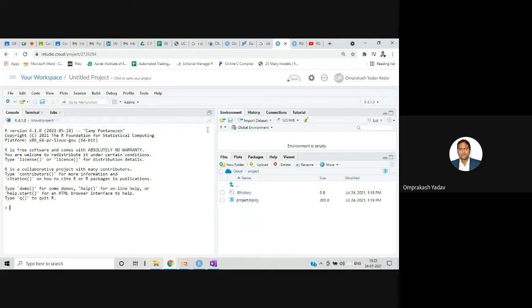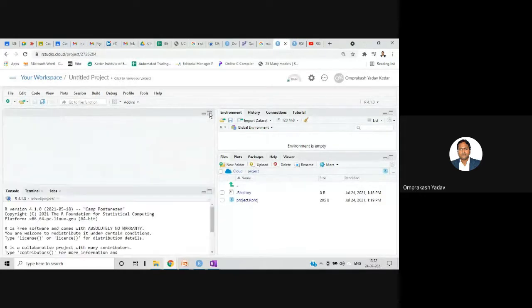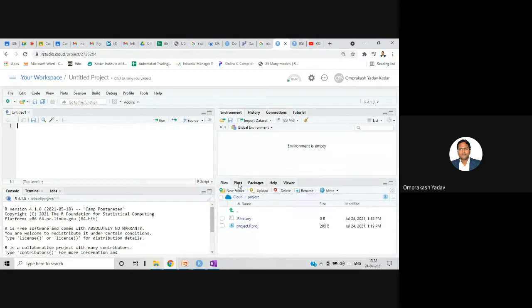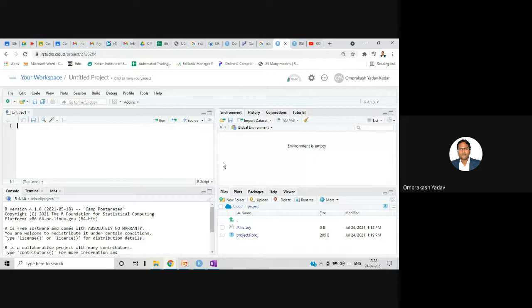So what you can do, in the corner over here, there is a window icon. You just click on that, just click once, so you will get one more window, right? And I'm adjusting a little bit so my entire thing is looking like this. 4 quadrants are there. This one is the first one, second one, this third, and the fourth. Okay, 4 quadrants I'm having.